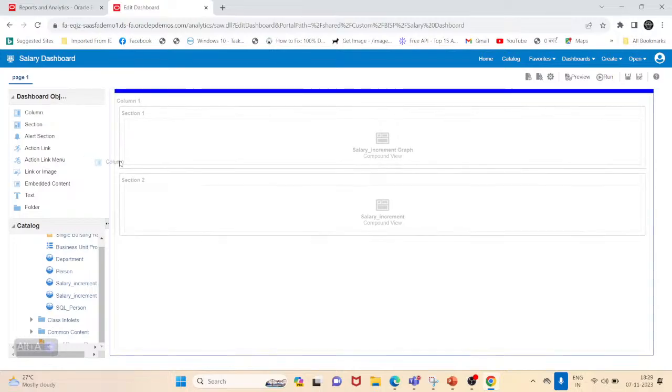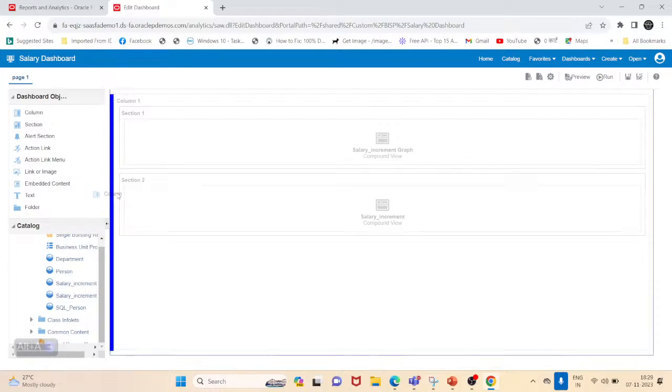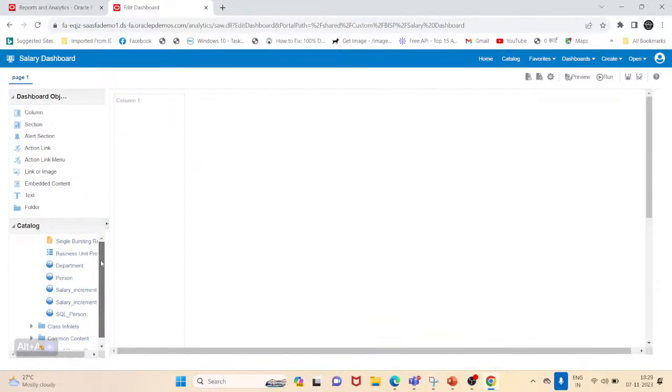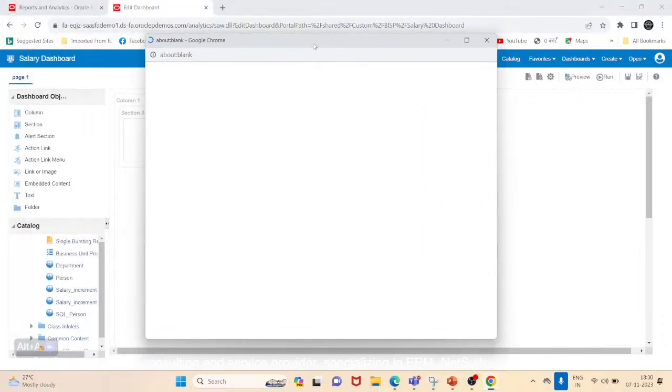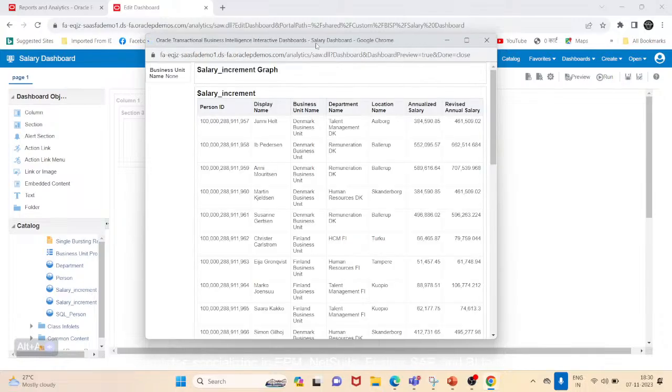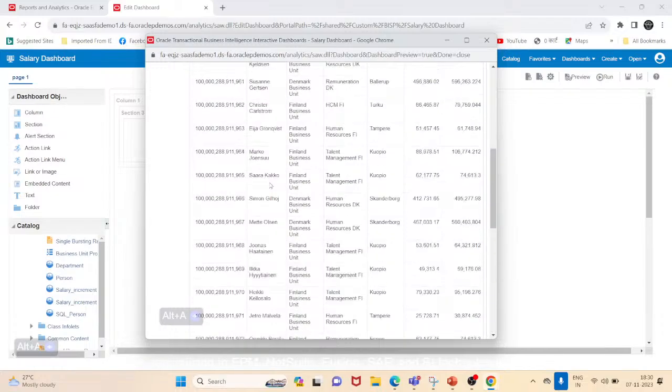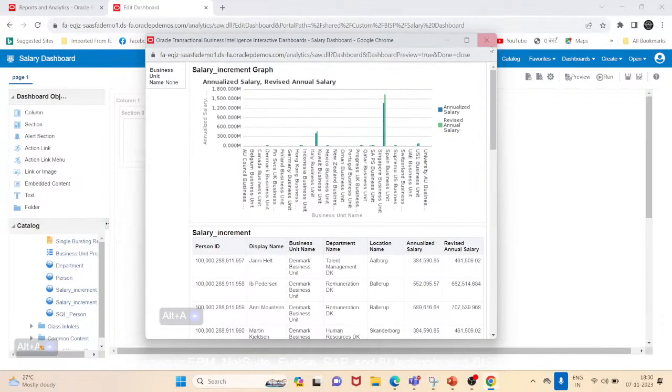So let me bring it over here and let me just pick this business unit prompt and keep it over here. Let me save the dashboard and let's just preview. So this is looking nice. Now let's run and see